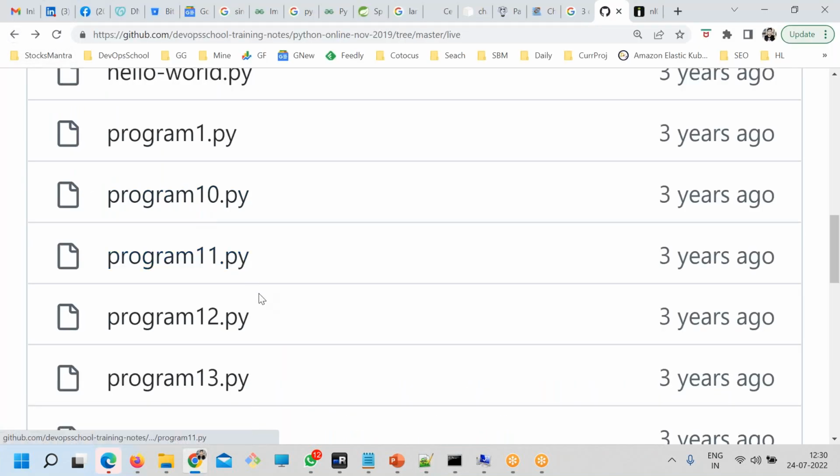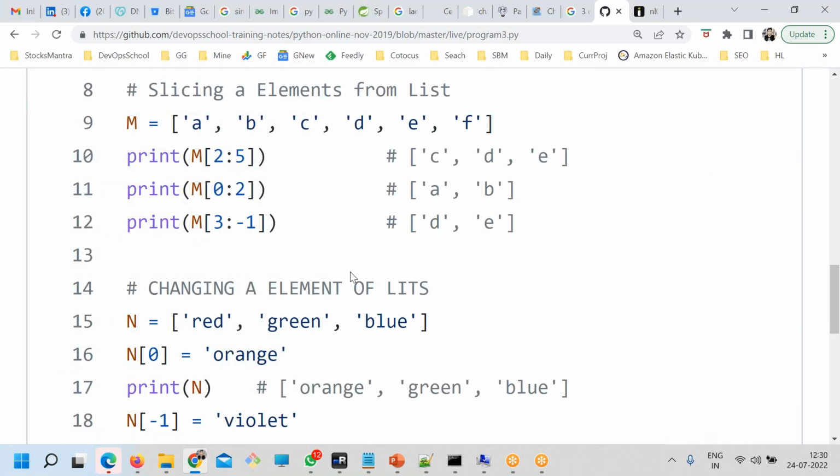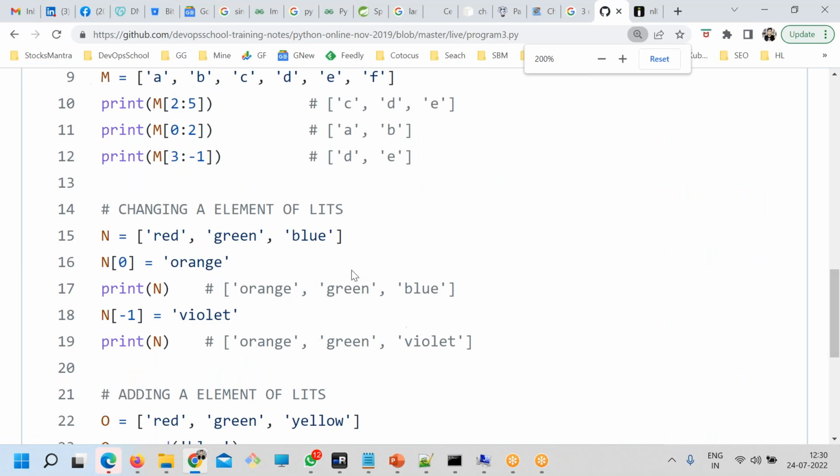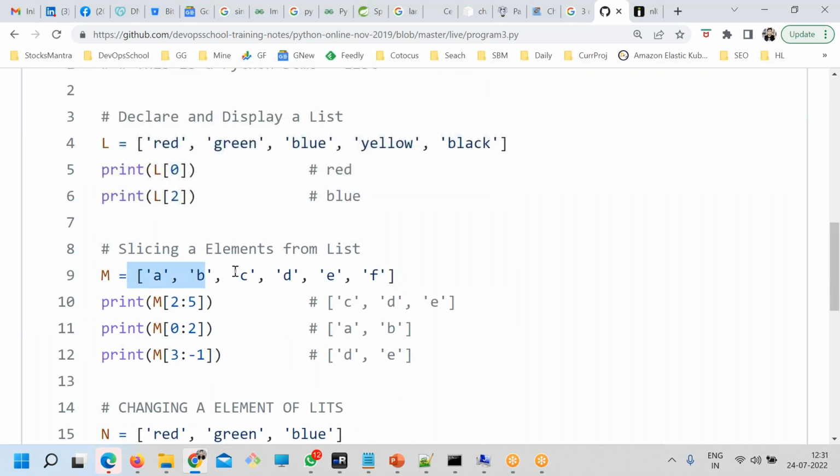Now let's get into 3.py. Now here we have some of the functions used with the string, okay, list. So this is the list, and if you want to print only this one, here it is. This is also a list, but here you are using print m. It's a range actually.